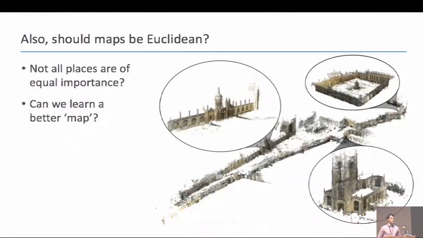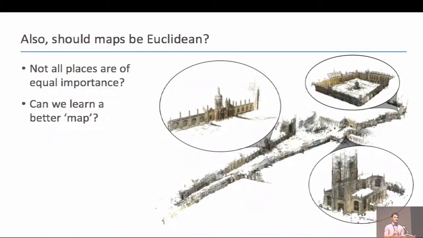The next point that I'd like to raise is, should our maps be Euclidean? In these previous methods, we've been talking about big structure from motion models that we try and register to. There is work being done in quantizing them into visual descriptors. But I think there's this general idea that perhaps our maps can be not just quantized Euclidean areas, but perhaps we can have a better feature space than simply a 3-dimensional structure from motion model. I think this is an easy argument to make, because if you just simply plot a heat map of where we go, then it's